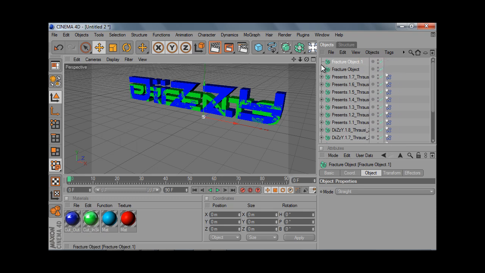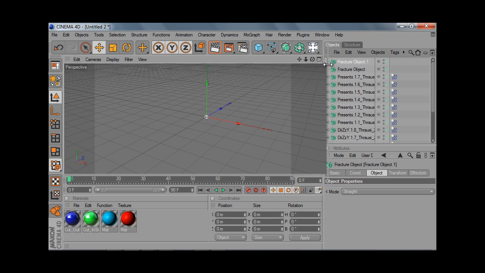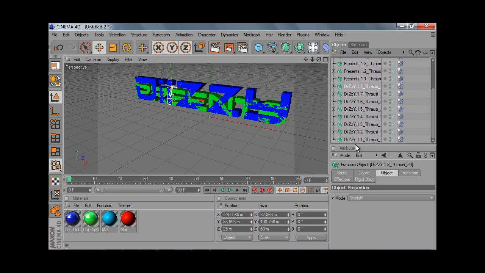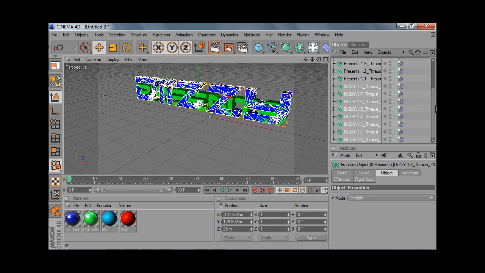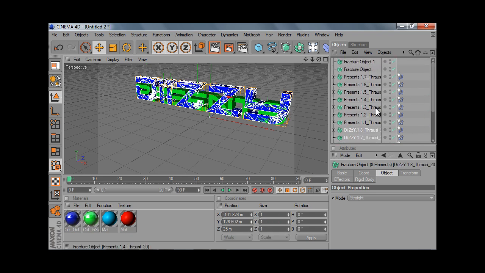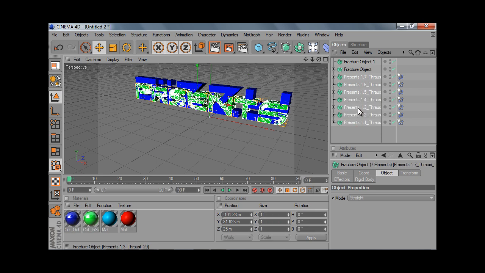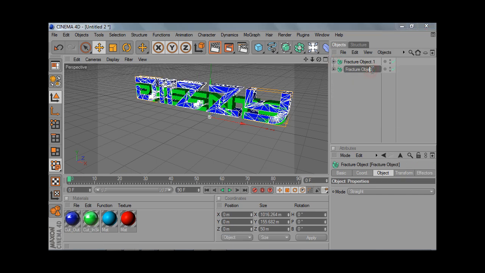Okay, so basically what we're going to do is select all of our dizzies, and now drag and drop them into the Fracture Object. Then we're going to select all of our presents by holding shift and clicking, and do the same thing till that little down arrow appears. We'll then rename these, so Fracture